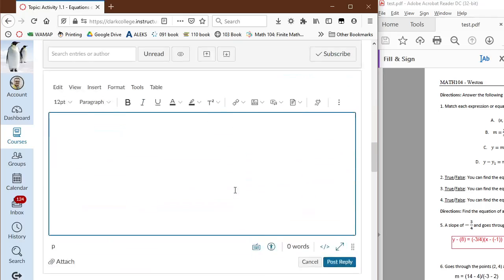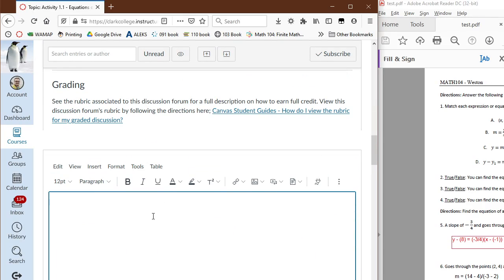If we go down here, unfortunately, Canvas doesn't really allow us to just paste. If you think about it, the last thing we copied was that image, right? But if I hit Control V in the discussion box, it won't work. It's just the way it is. So I'm going to do a little test here. In discussion forums, in the very top bar, you see a bunch of little options. We see this little image button here. If I click on that,